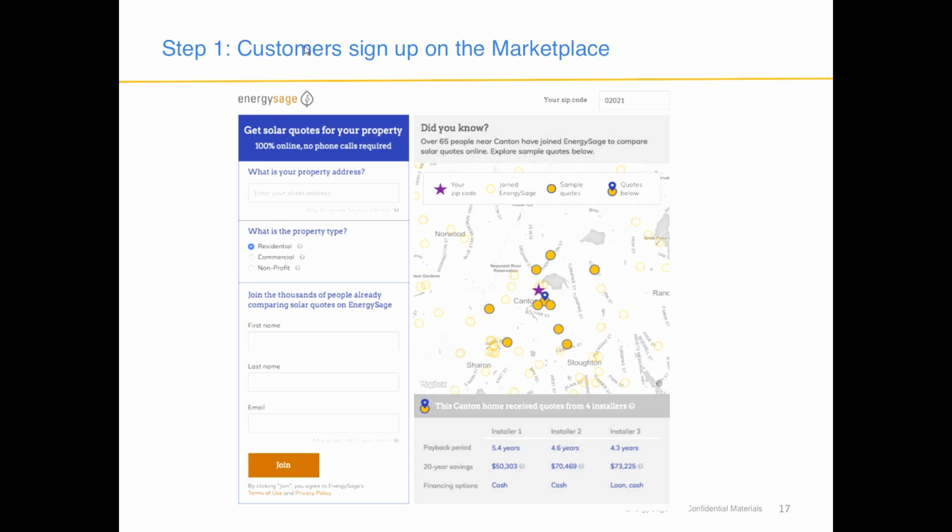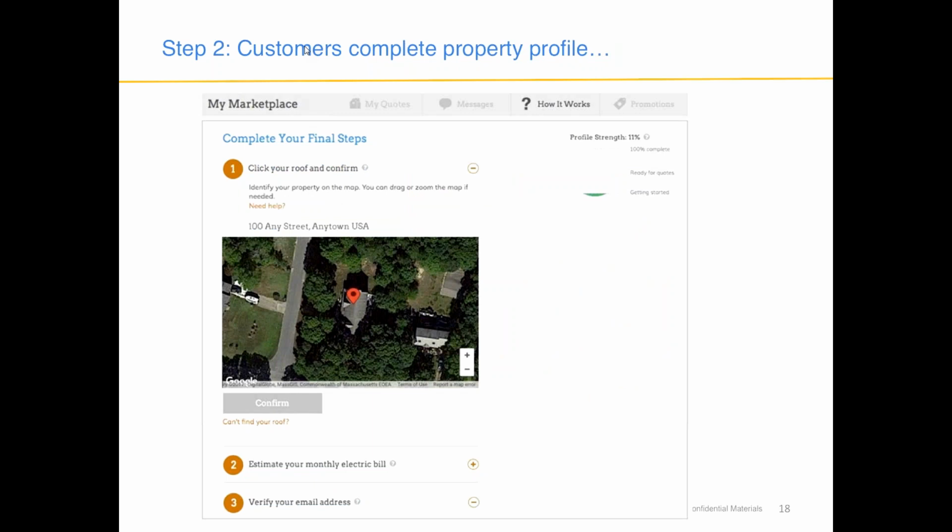You start by putting in your zip code, and then you'll see the different dots for quotes that people have received. The data down at the bottom of the screen will change as you click from one of the filled in circles to the next. So I encourage everyone to try this out. It's pretty neat. And then you go ahead and just enter your address and your first, last name, and email. Put the PIN on your roof, estimate your monthly electric bill, and verify your email is really all it takes